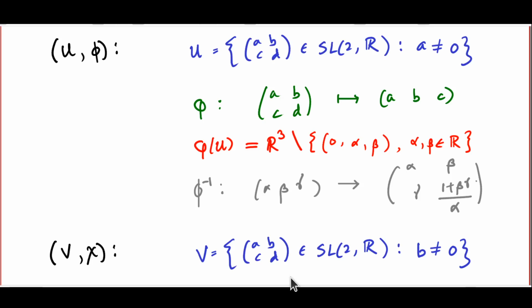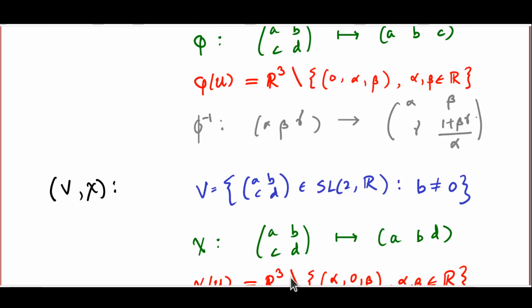So in this case, you can easily see that U and V together account for the entire set SL2R. That is, U union V is SL2R. Now, the map chi in this case exploits the fact that if you do not know C, but B is not 0, and you know the other three numbers, you can figure out C from that. Chi essentially takes the matrix A, B, C, D and returns the triplet A, B, D. C is something we can recover back for the inverse map, chi inverse, from the knowledge of A, B and